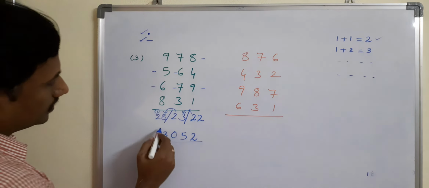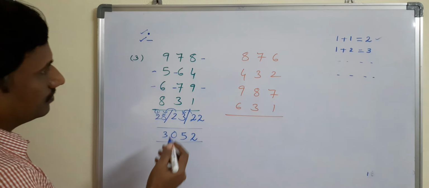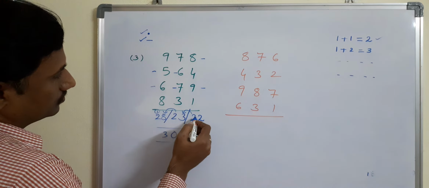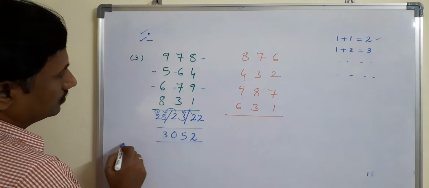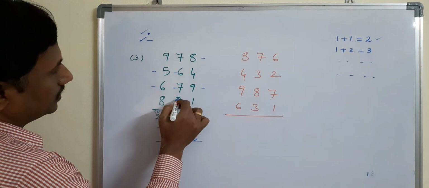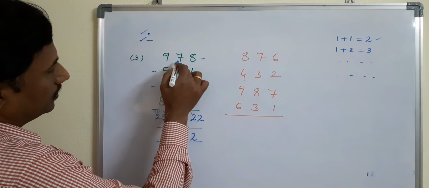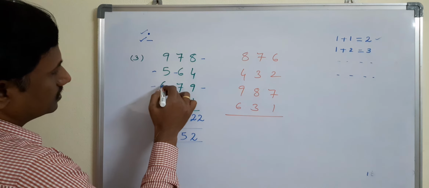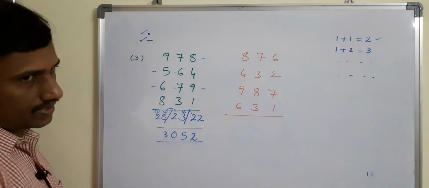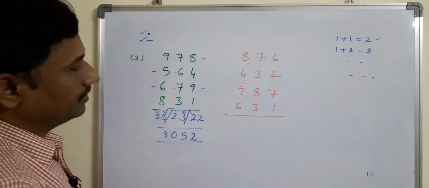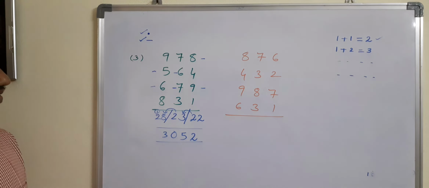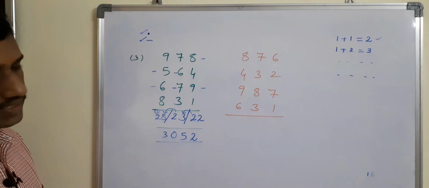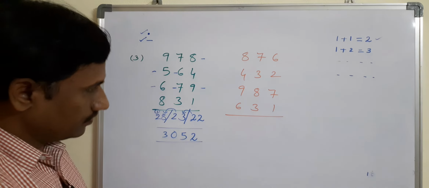Okay, you can check whether your answer is correct or not in the general method also. 9 plus 1, 10. 10 plus 12, 22. Next 7 plus 3, 10, 12, 18, 25, 10, 16, 21, 30. Okay, but no need to check. If you want some more clarity, you can do it in the normal method and check your answer. Okay, now we'll see here.